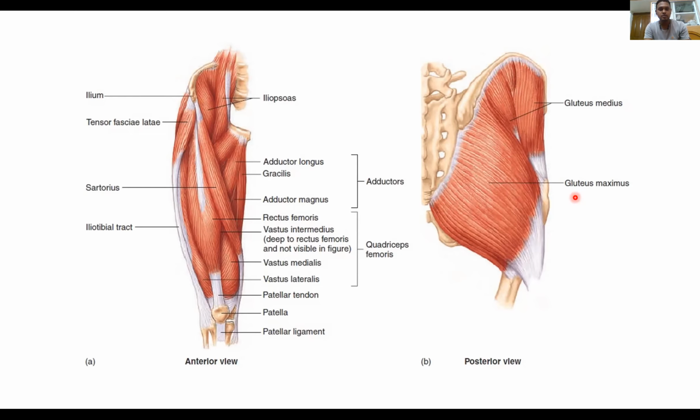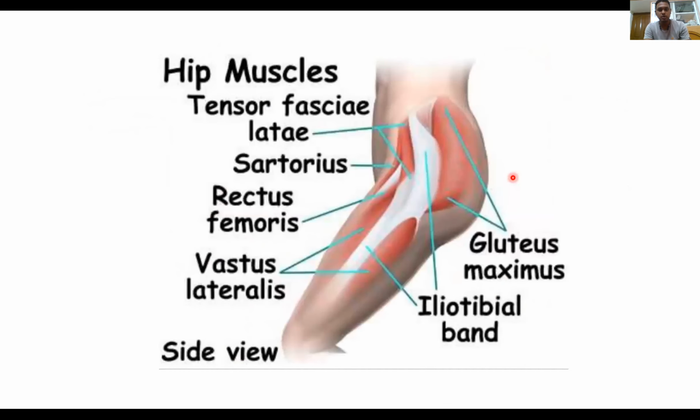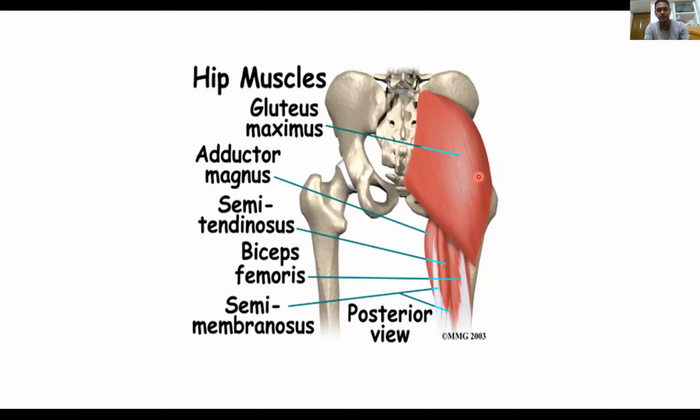You can see that this is for supine position, anterior approach. This is actually a posterior thing. We will place the patient in a lateral position for the posterior approach. We will see that in forthcoming slides. This is from the lateral view, so you can see that a lateral approach can also be done in a supine position, and the posterior approach should always be done in a lateral position. See that this is the maximus, and this is TFL, sartorius, rectus muscles. These are the basic views and orientation you must know before doing any hip surgery. Already we have seen the posterior compartment area.